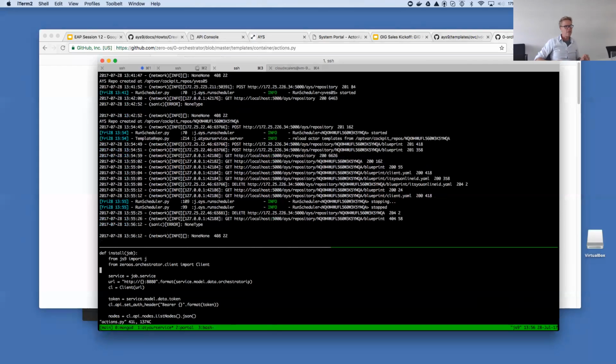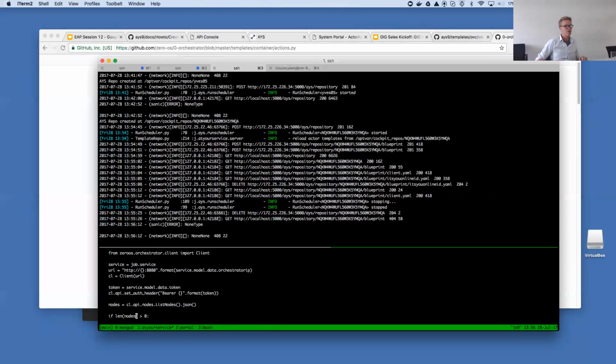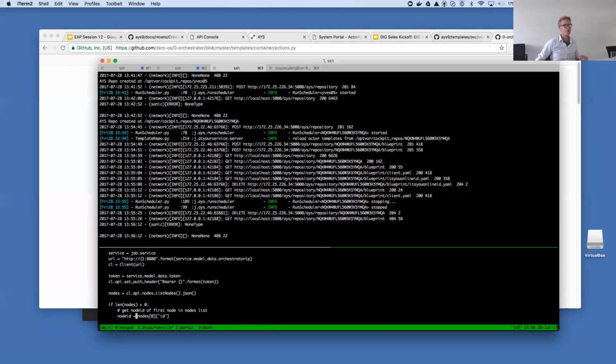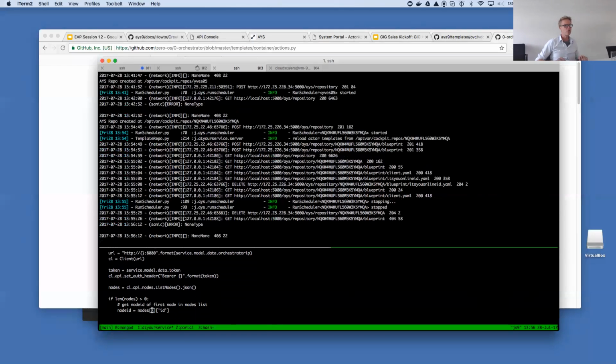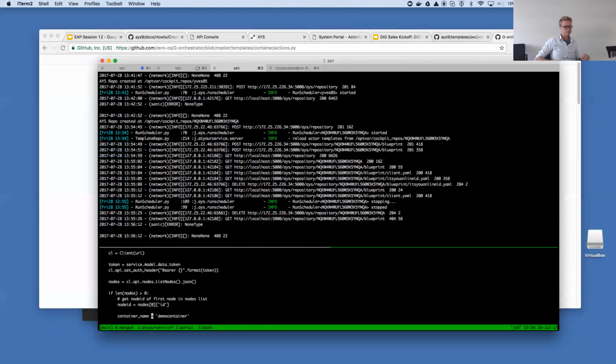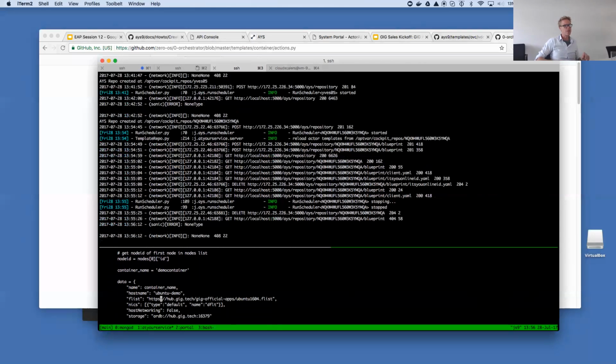And the only thing we do here is, I'm not going to try to read the code, but we are basically connecting to the orchestrator. We are passing the JWT. We are listing all the nodes, and we are making sure there is at least one node, and we take simply the first node in the system. So if I would talk to this system, remember this one, it has 10 nodes, it would take node 0 basically. And he would create a demo container with his name, specify some data, most importantly like the flist,